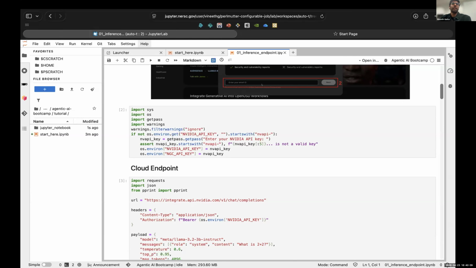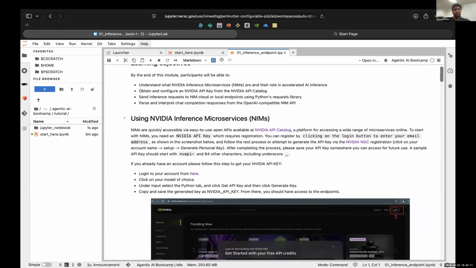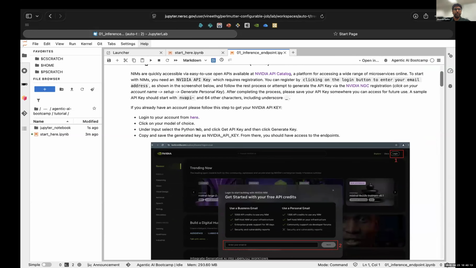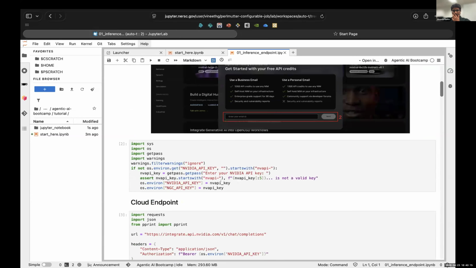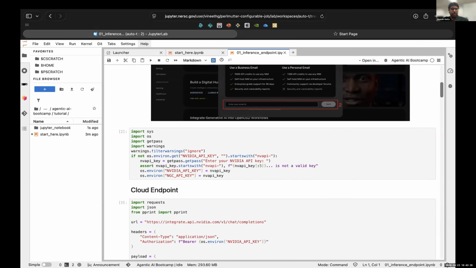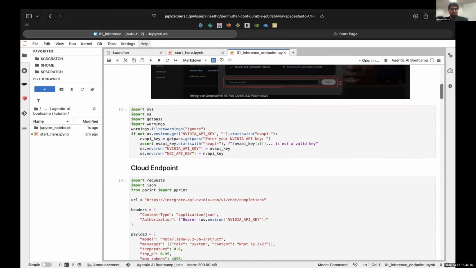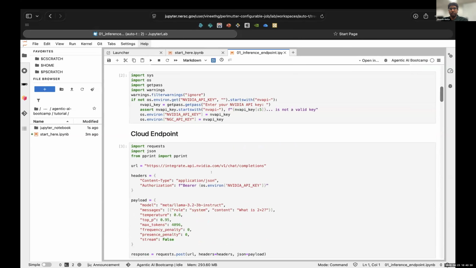Yeah, of course. So we start off here. These are just instructions in Markdown, and then this is just importing the needed libraries, and then we're setting up our API key as an environment variable. That is necessary and a precursor to actually using the endpoint, which uses the API key